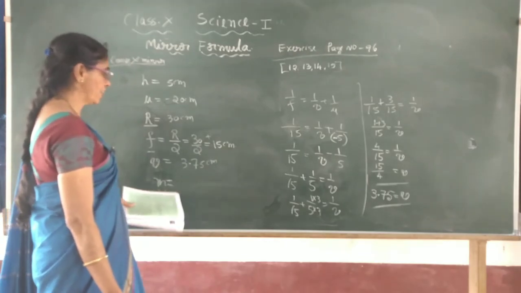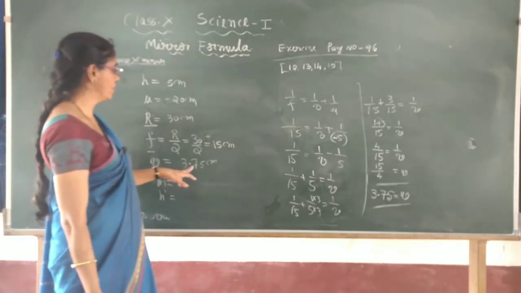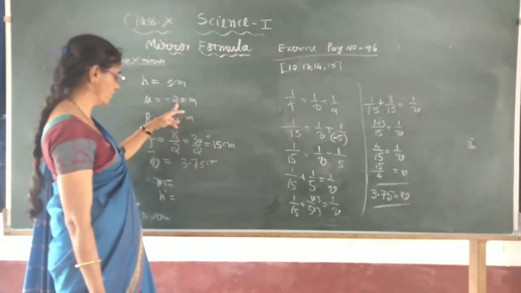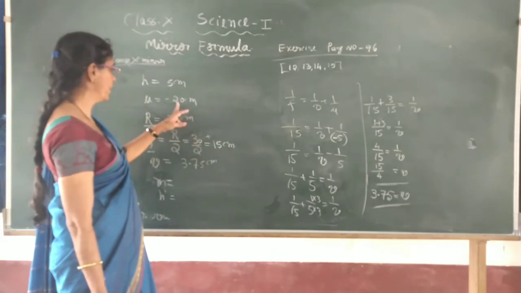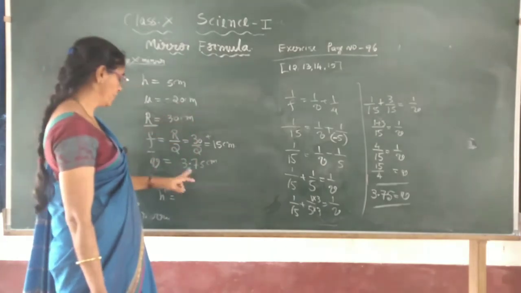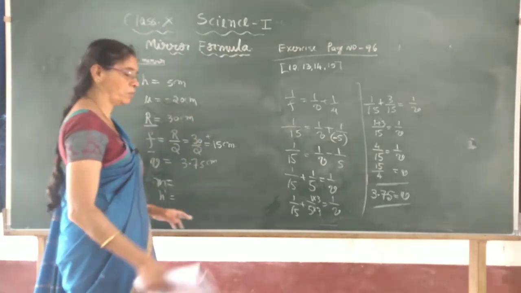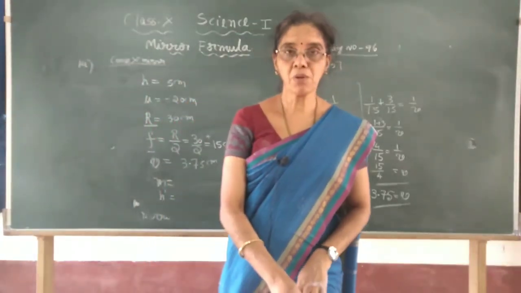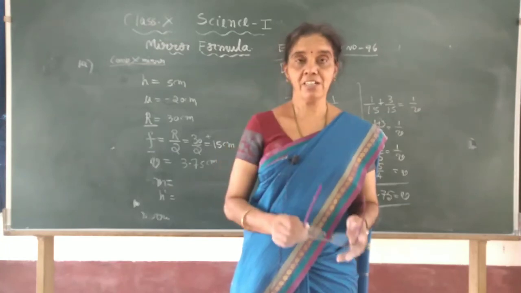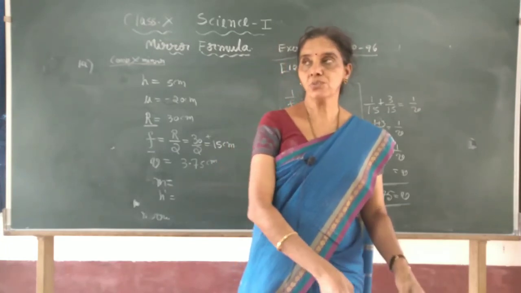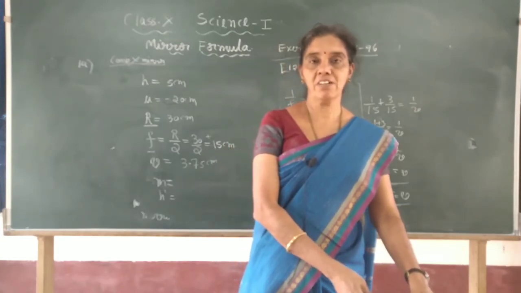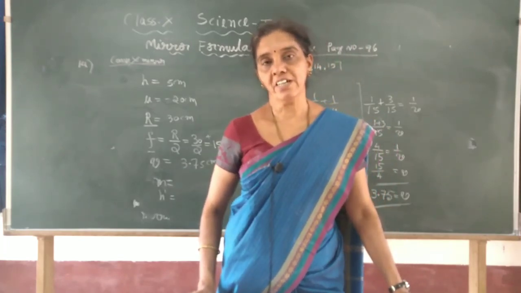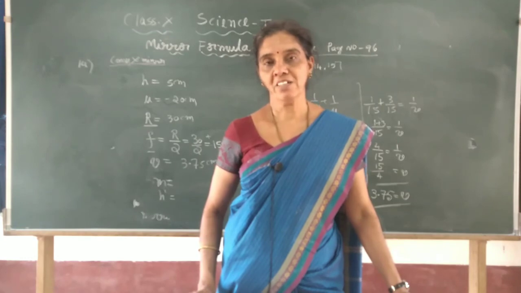Then magnification you can find. Image distance is known, object distance is known. Use these two values, 3.75 divided by 20. Okay, you do it. Then find the height. I hope you can try this problem at home, children. Okay, and meanwhile there are exercises also, 2 problems are given. The worked out problem, that also you go through it and you will get the answer, I hope. Okay. Thank you.